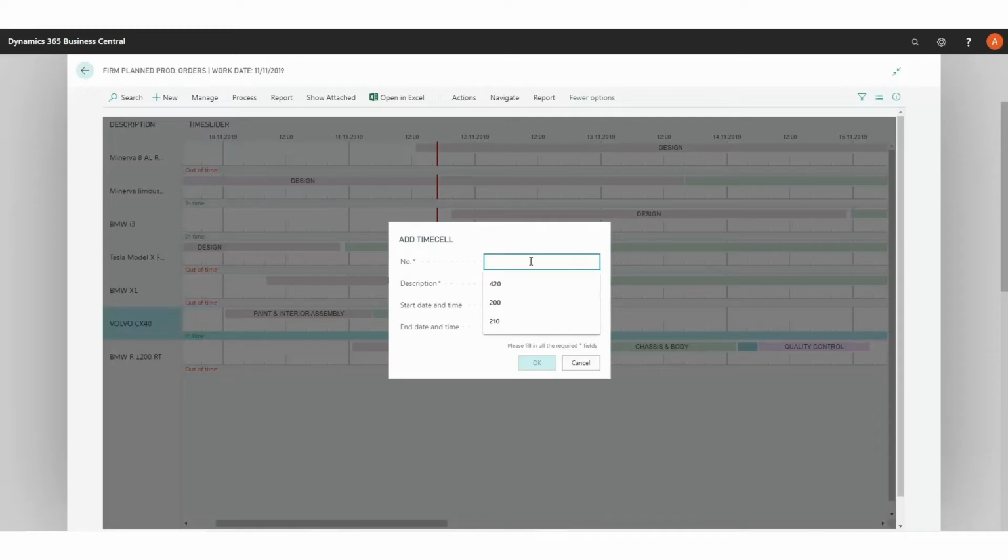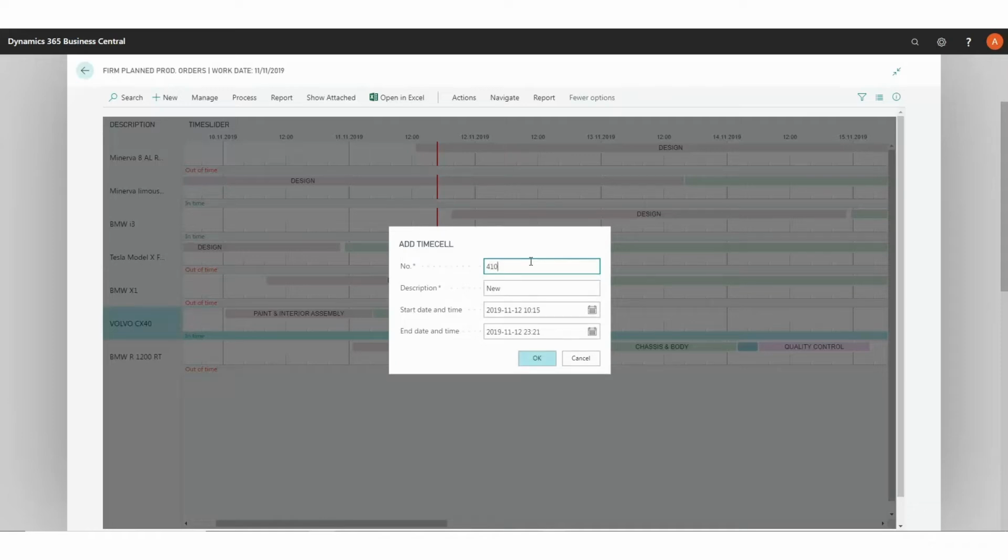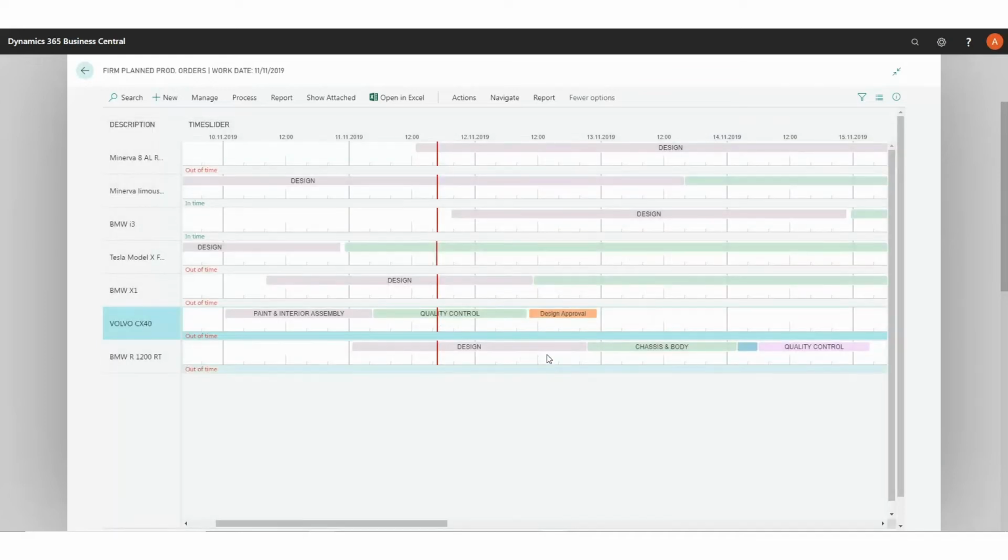Let's say the machine center is 410, and let's give it the name design approval. Let's leave the start date and end date fields as is, and see how it's all automatically